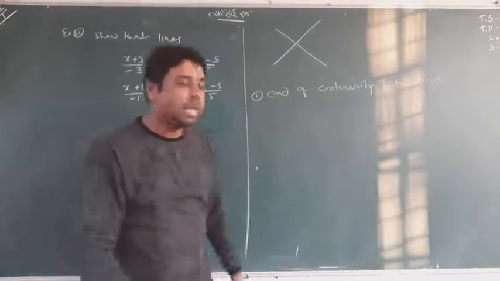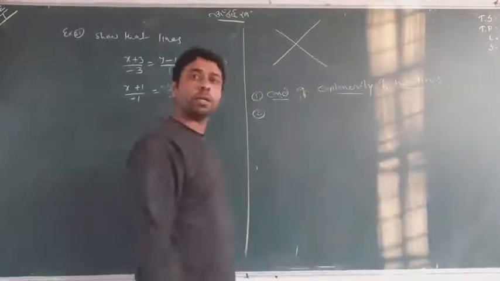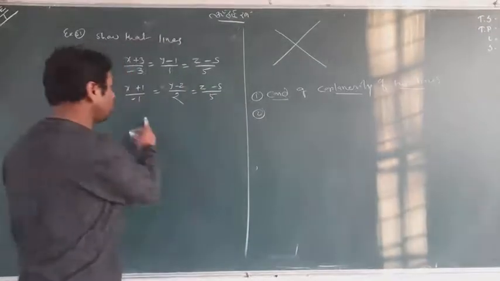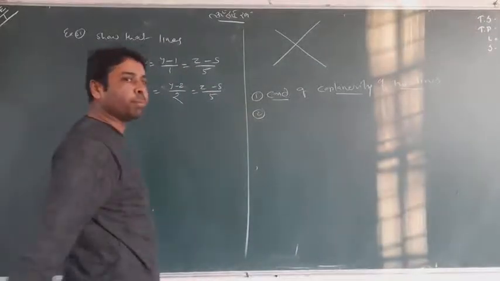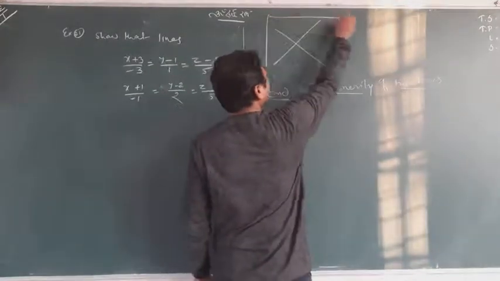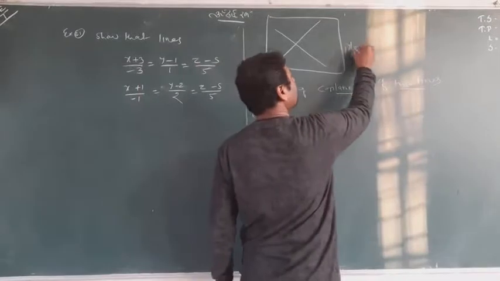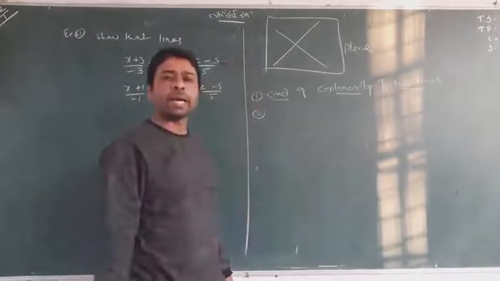Determinant and so on. Now, if you have shown that lines are coplanar, you have shown it. Suppose the determinant comes equal to 0. It has come. Then it means the lines are coplanar. When lines are coplanar, it means both lines are lying in one plane.